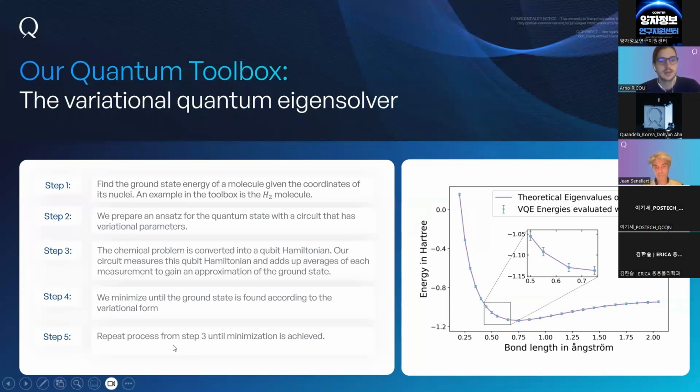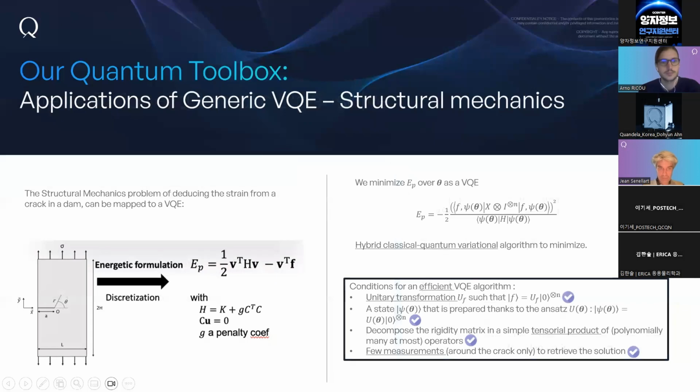So we do that and we repeat the process again with the back and forth with the classical algorithm to reach a threshold. And that's the kind of plot we obtain for the H2 molecule, where each dot that you see is the energy, the minimum energy in Ha for a given bond length in angstrom. And again, this VQE algorithm can be extensively used